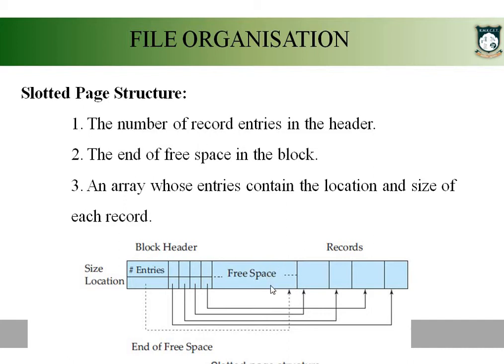And after doing all this, finally you have to update the last location address, the last position of the free space in your block header, right? So these are the things you have to do in our slotted page structure. Hope now you can get the difference between fixed size record and slotted page structure, that is variable size record. When you go with variable size record, the memory is utilized effectively. If a record needs more memory, it will be allocated accordingly. If a record needs less memory, it will be allocated accordingly. So that's the importance of slotted page structure, right?